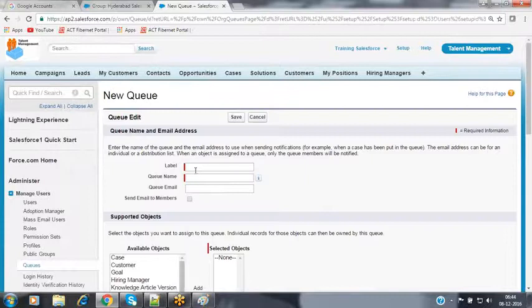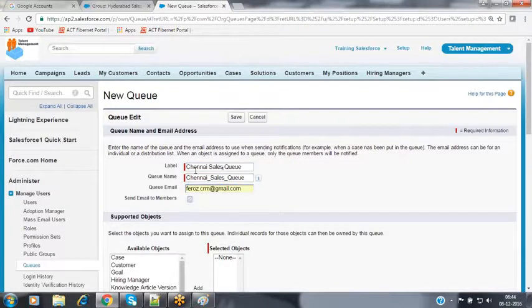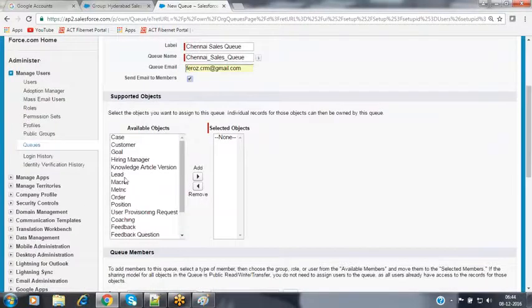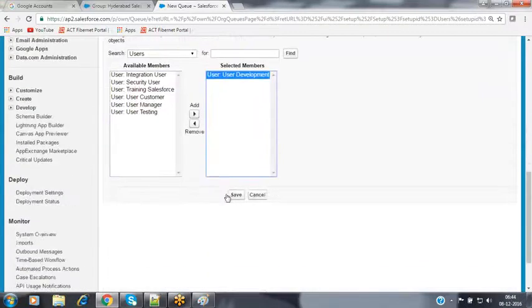I'm creating one more queue: Chennai sales queue. I'm adding the email ID, and I'm adding the supporting object as lead. I'm adding the queue member as the development user.